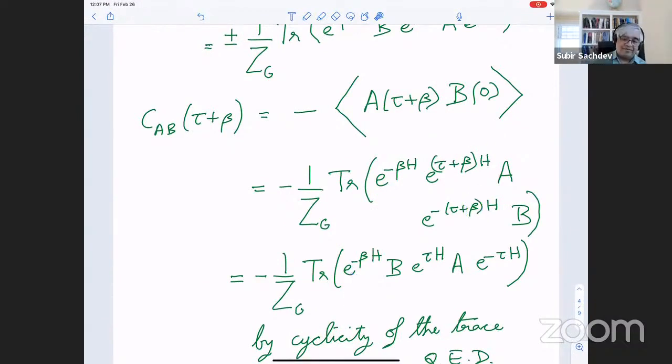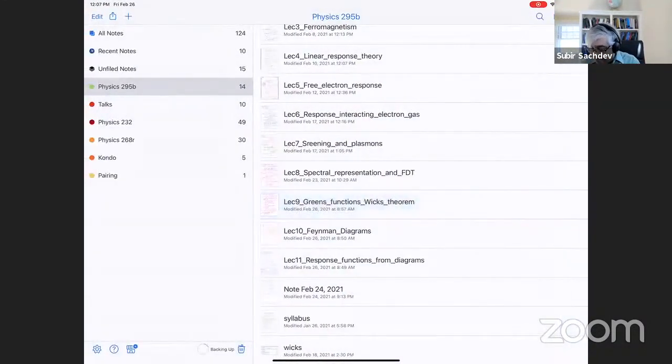So it's a bit of a trick, and we're just using the fact that the time evolution operator and the density matrix are the same operator, time evolution for time beta, and that's what gives you the anti-periodicity. All right, so that's then the proof of the